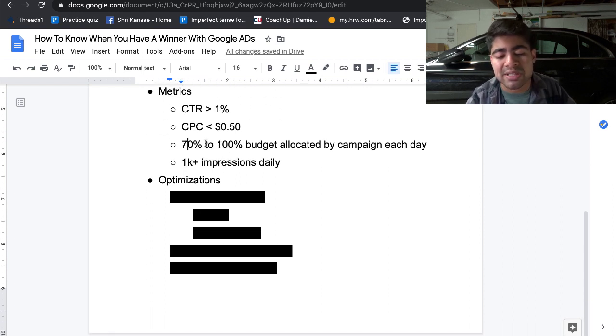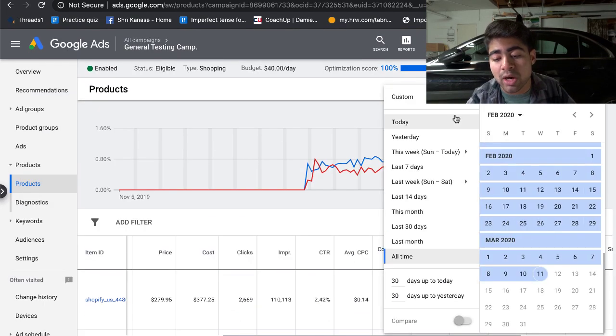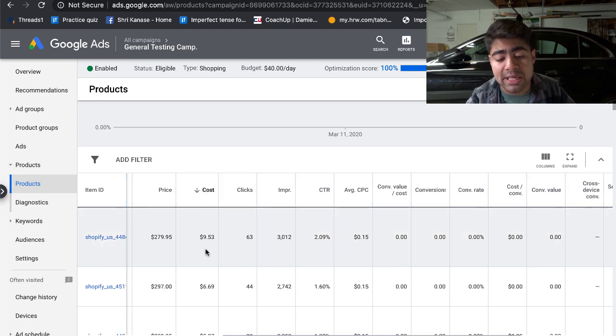But in addition to the 70 to 100% budget allocation, we want to be getting a minimum of 1,000 impressions every day for the specific product. So if we go back and look at the specific chart to just today and look at the specific impression for the product which spent the most, as you guys can see, this specific product, which is $280 on my store, the same one that we saw previously, spent about $10 so far, and with just $10 spent, it got me 3,000 impressions. These metrics show 0 conversions, but I got a lot of sales today, about $4,000 in sales today. It will most likely get updated by tomorrow, but nonetheless, with just $10 spent, I got 3,000 impressions,